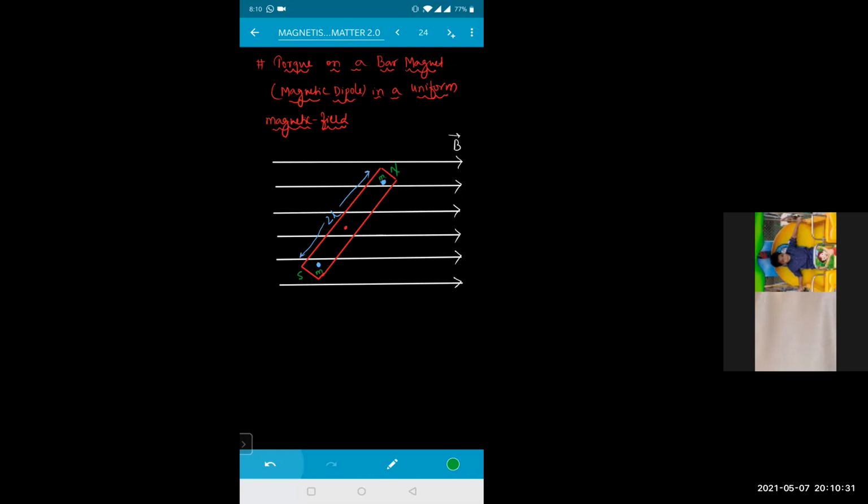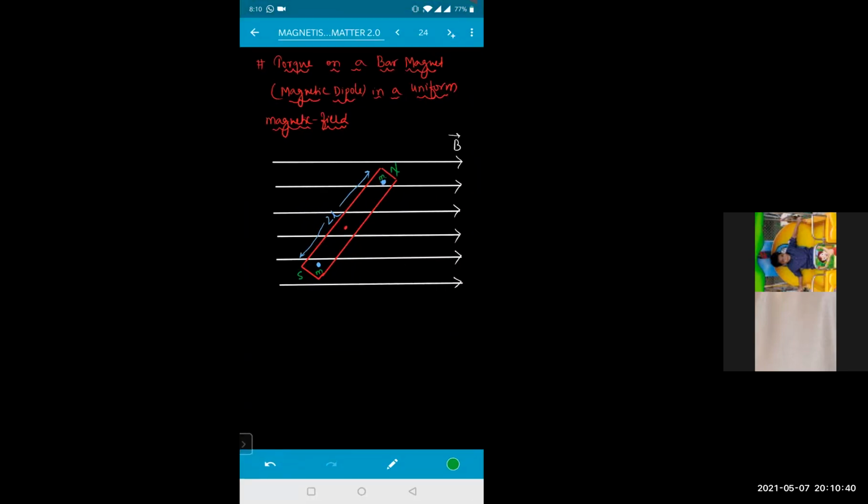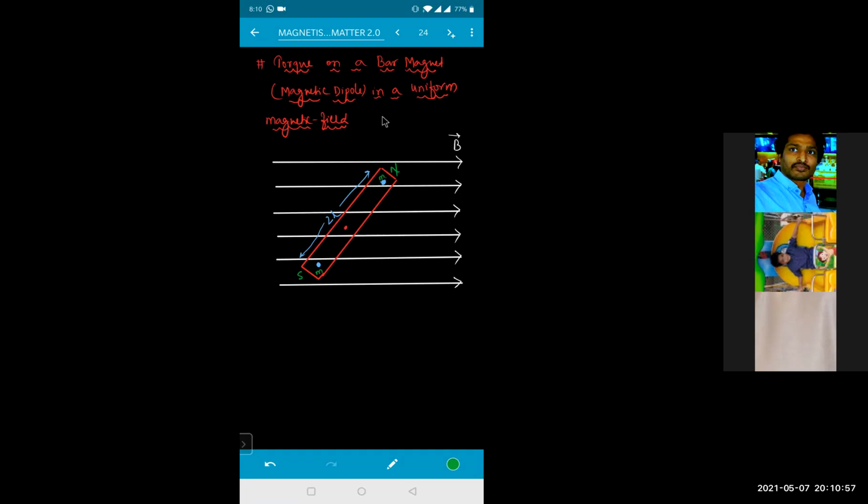Sir, for axial lines coinciding, it is mu naught by 4 pi into 6 m1 m2 by r to the power 4, and that gives the forces. That we will do after doing energy. Okay, sir. In college they just taught us after the normal and biaxial. They need to do that first. We need to do the energy first. Okay, sir.